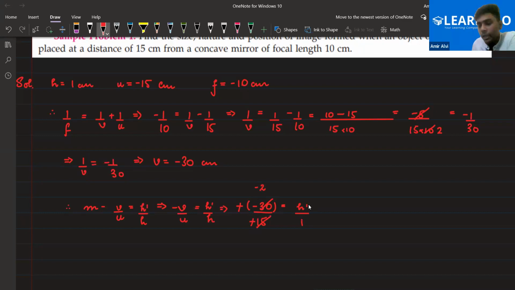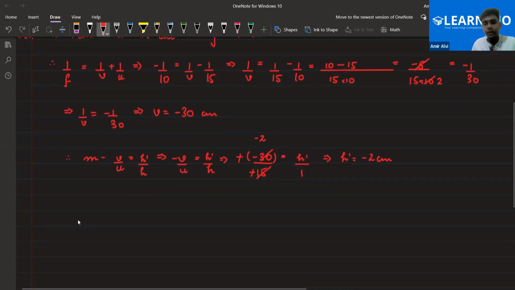So this one will get multiplied, and ultimately h dash is coming out to be minus 2 centimeter. As you can see, everyone, the height of the image is negative. It means that it is inverted, because the negative sign shows the image is real and inverted. So the nature of the image is